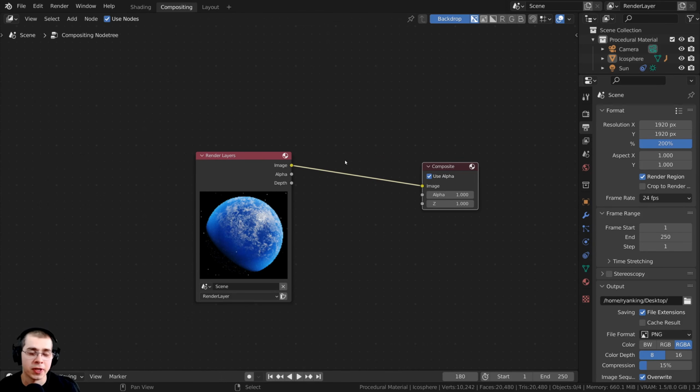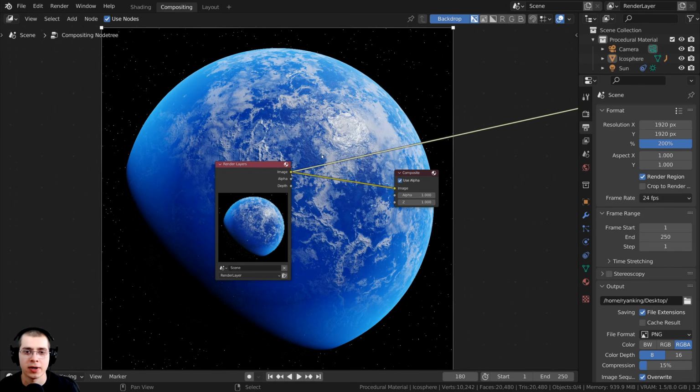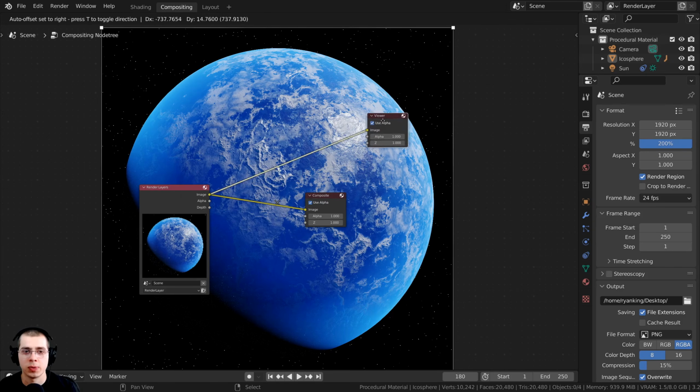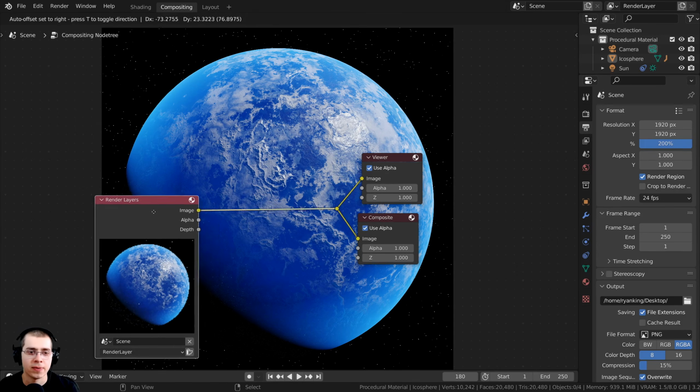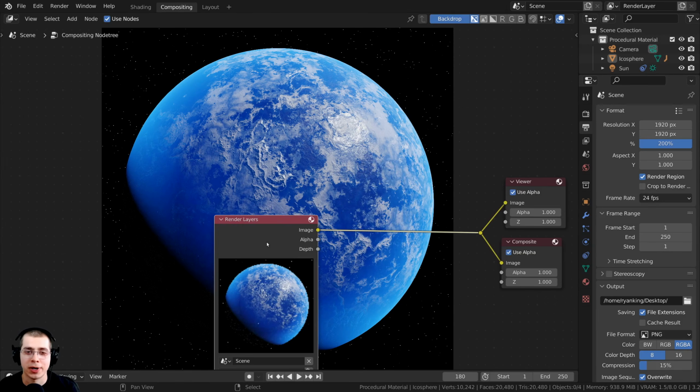And then because we turned on the Node Wrangler add-on, I can Control Shift and select the render layers, and that's going to add the viewer node so we can preview it in the background. And then I want to connect these wires together, so I'm going to hold down the Shift key, and I can right click and drag over both wires and then let go, and that is going to add a reroute, so it's going to combine these together, and so now we can add all of the compositing nodes right here